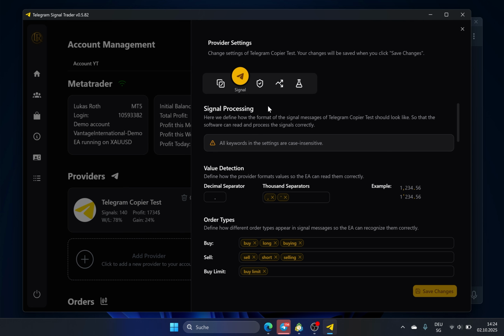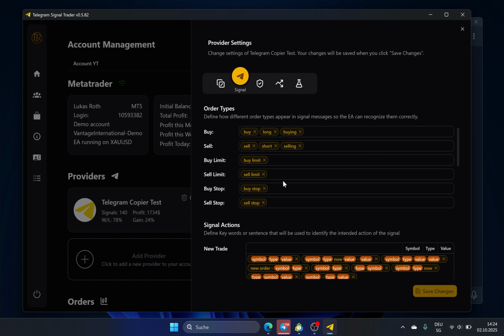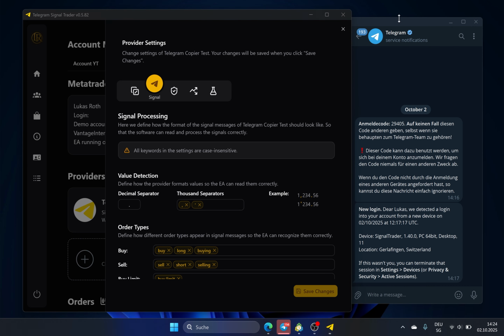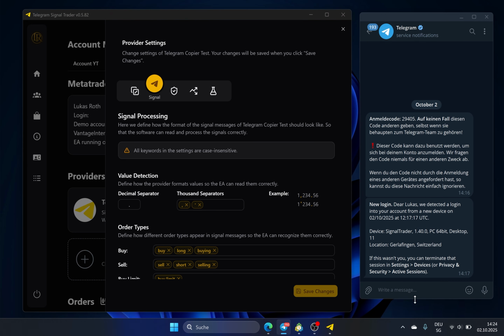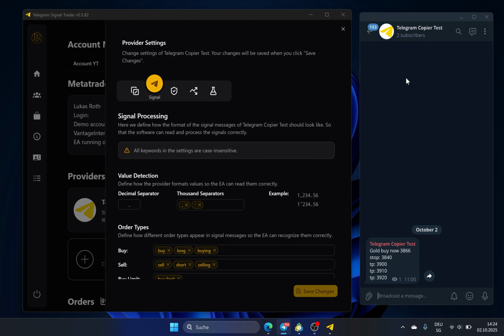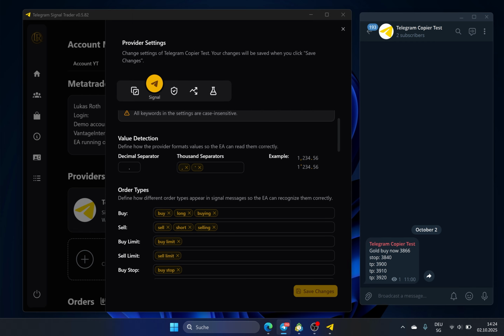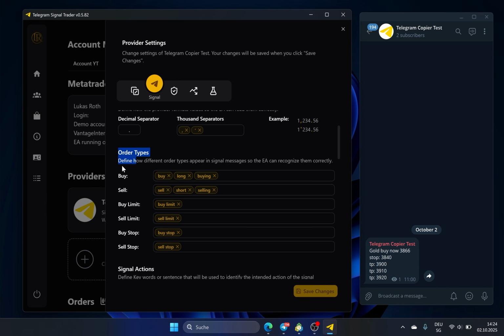Now this one is like the most important part for your signals. I'm just gonna make this a little bit smaller, because here you define the signal format of your provider. I have here a simple test signal, and in the first section you define how the value is written. It depends a little on the country. So you define the decimal separator, the 1000 separators. Now you also have to define the order types. This is very important because